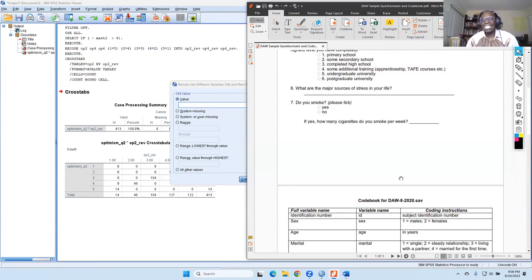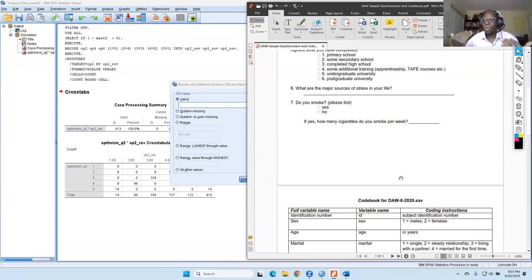Essentially, you want the high scores on all of your questions to represent the same thing, either positivity or negativity. If some of your questions represent positivity and others represent negativity, the ones that represent negativity have to be reverse coded so that the scores reflect the same characteristics.